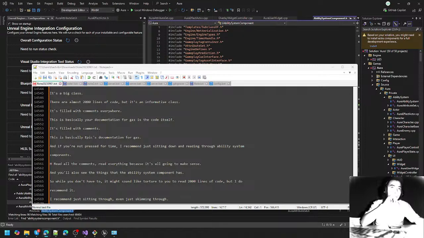This is going to let you know just what the Ability System Component class has in it. So that way, in the future, if you want to do something, you can just think, well, I did see something back when I skimmed through it related to this. Maybe that'll work, right? So anyways, that's just a piece of advice that I have for you. Now, after you've done that, I want you to search for